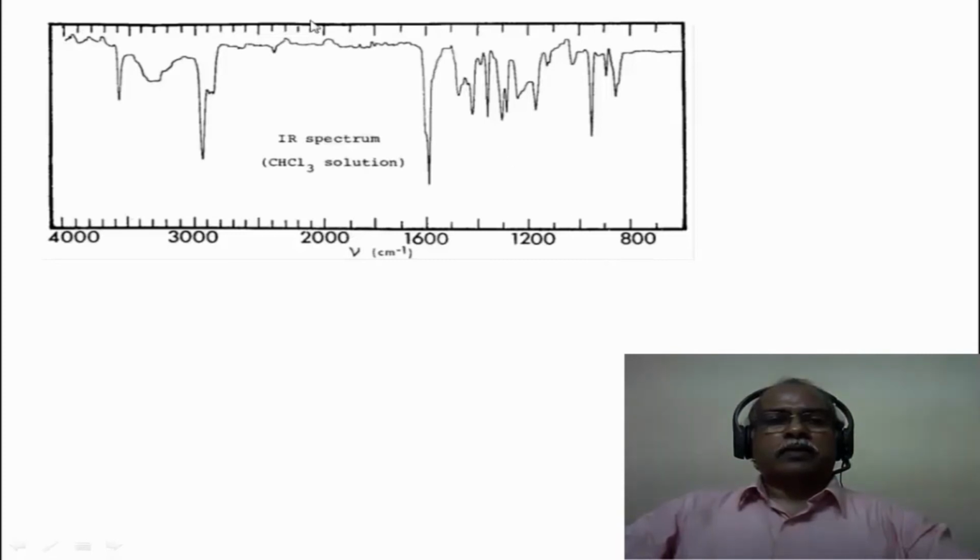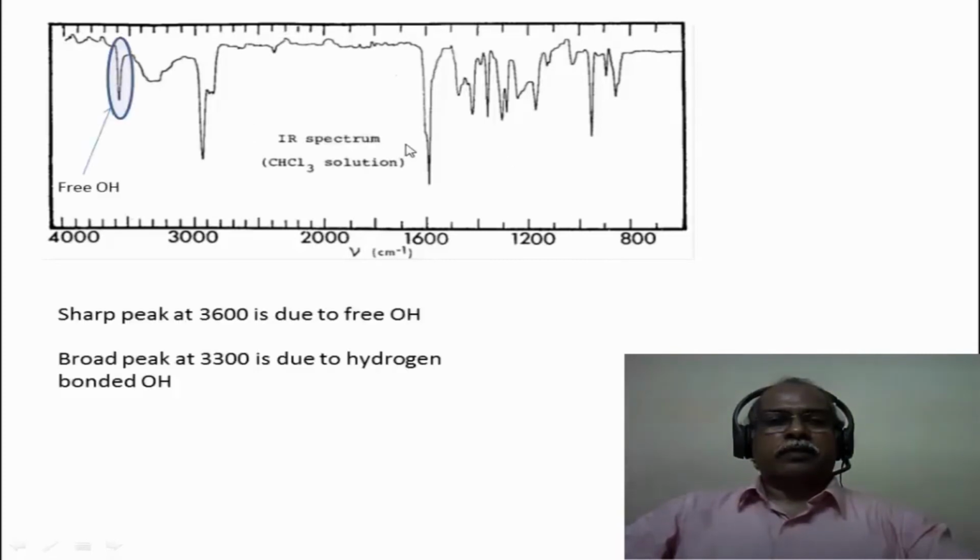This is the infrared spectrum of the compound. This is fairly rich in information. You have a free OH, which is seen as a sharp, singlet kind of peak. In addition to that, there is also a broad OH peak, which is a hydrogen bonded OH. This is a very characteristic feature of phenolic types of compounds, which undergo hydrogen bonding but not completely. So this is a solution phase measurement. The measurement is made in chloroform.